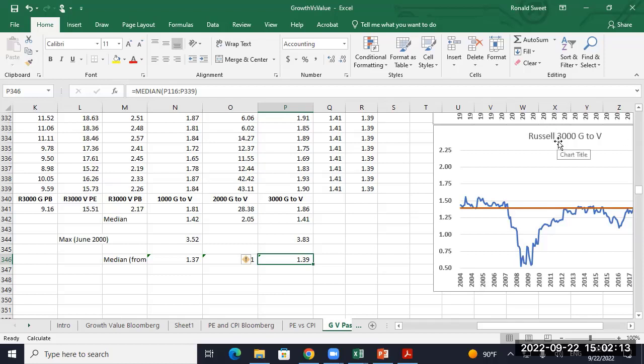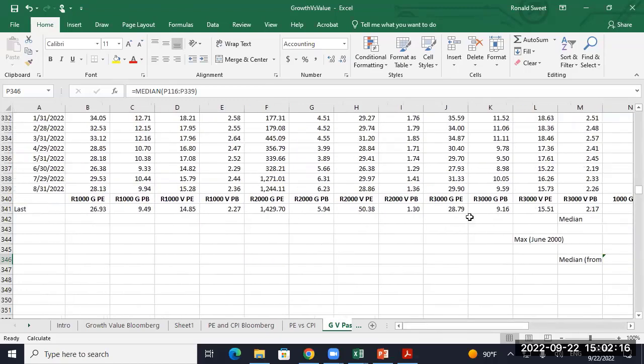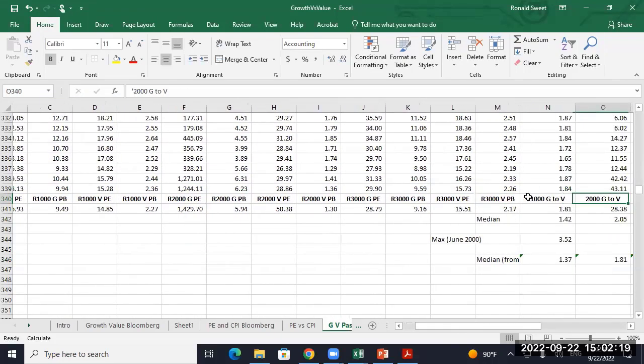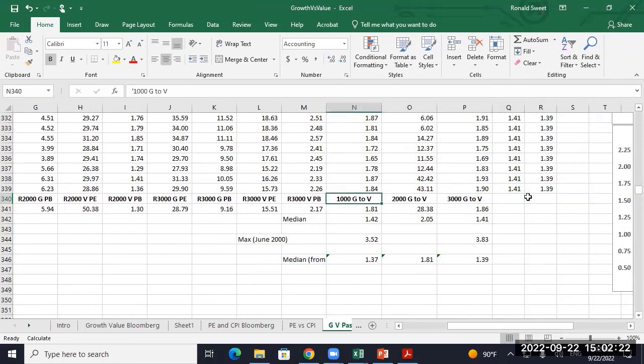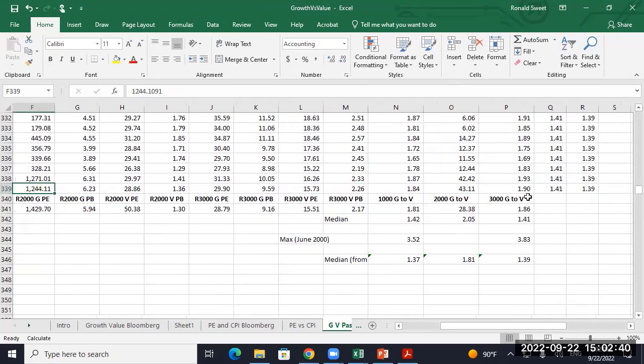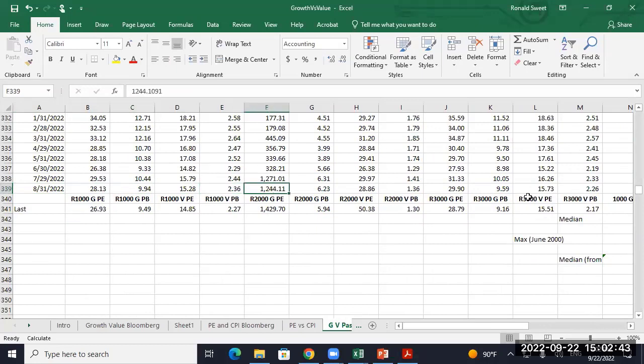Why did I use the Russell 3000? Well, the Russell 1000 is the large companies. So remember we talked about large, mid, and small. So the Russell 1000, they're right now trading 81% rich. Historically, they're usually about 42% rich. The 2000 are the small companies. And look at this PE ratio for small companies. The PE ratio for the Russell 2000 growth is at 1200. Something's going on with small company growth. That's a pretty high number, isn't it?